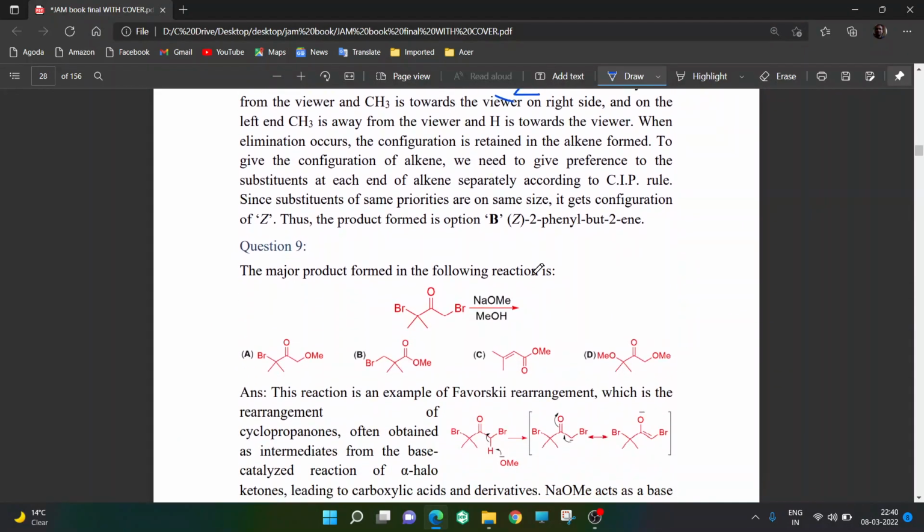Right, question number 9. The major product formed in the following reaction. So you are having an alpha haloketone. Whenever you see an alpha haloketone and you are using a base, remember this is the Favorskii rearrangement. Okay, and it's alpha halo on both sides. That's very interesting. So when you use NaOMe, again as we just saw, first it acts as a base rather